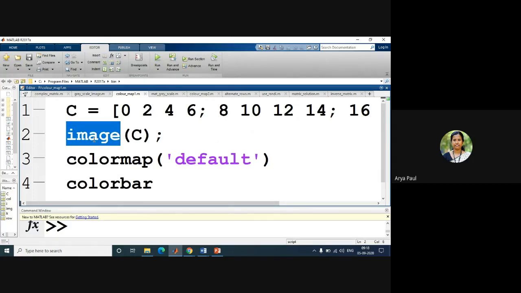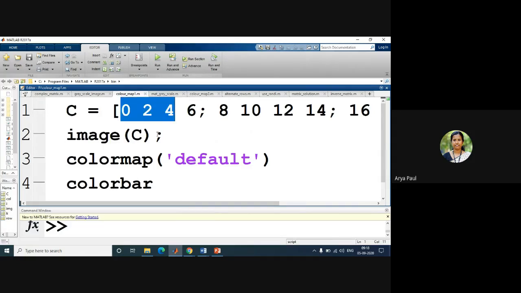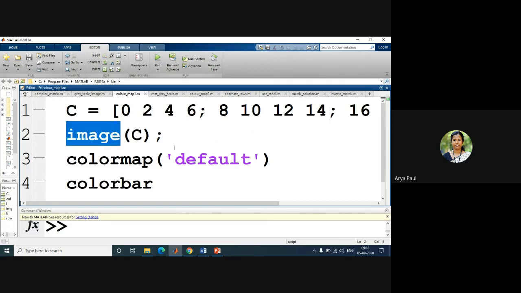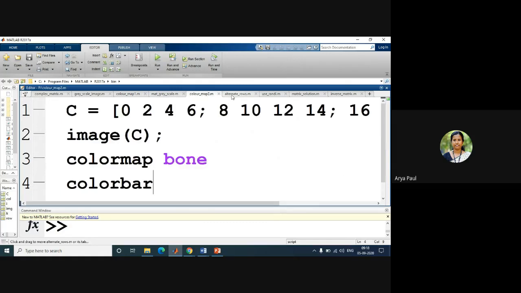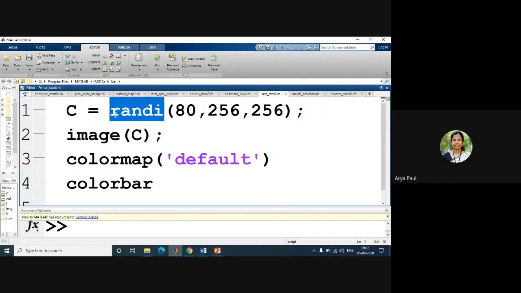That means you can specify the matrix values as pixels of the image. Now another function you have dealt with is rand. The rand function is used to create random values between 0 and 1. Another function is randi. Randi is used to create random integers between 1 and the maximum value you specify. I hope this is clear.